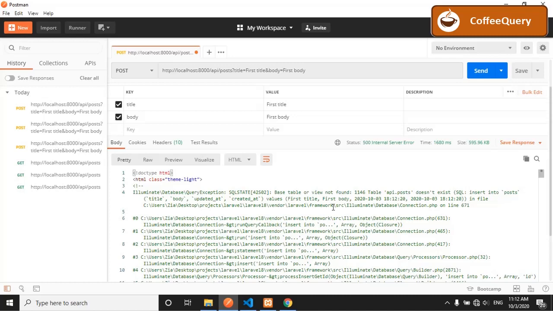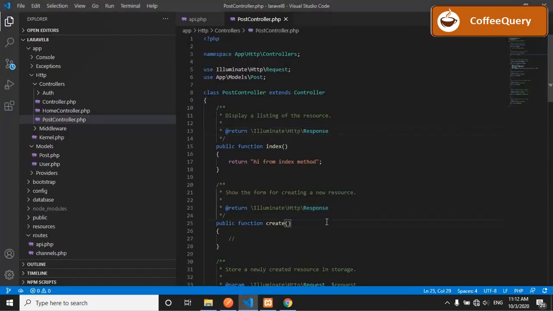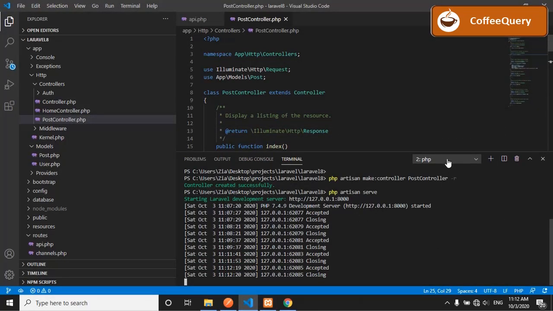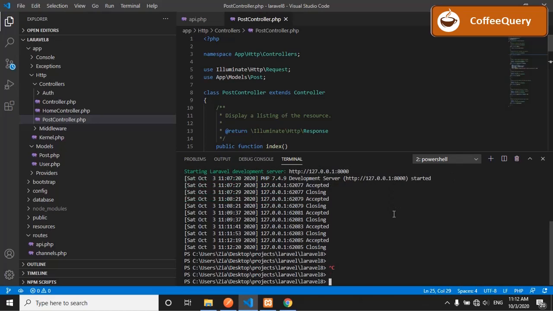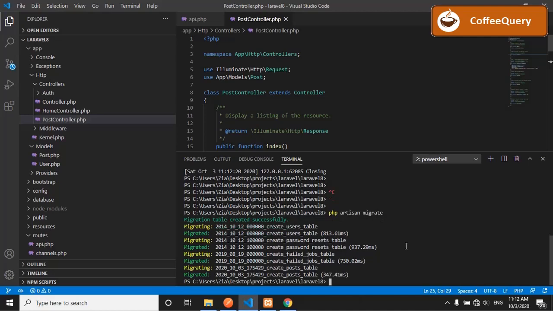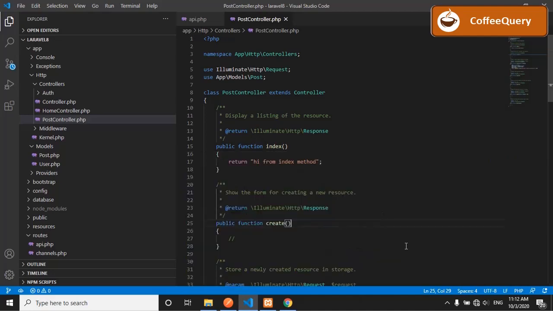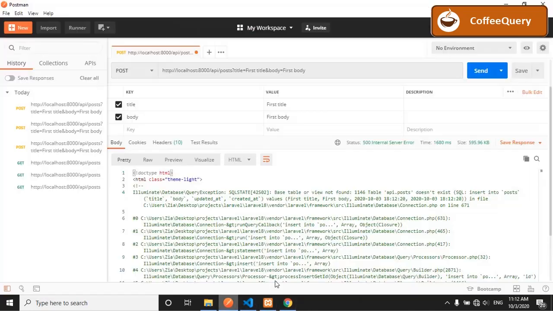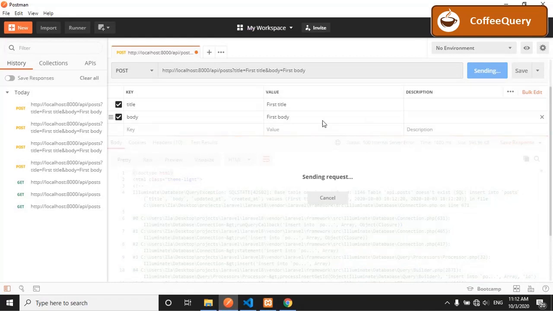Base table or view not found. Oh, when you create your migration, you should run php artisan migrate. Okay, migration done successfully. If I go to Postman now and run,